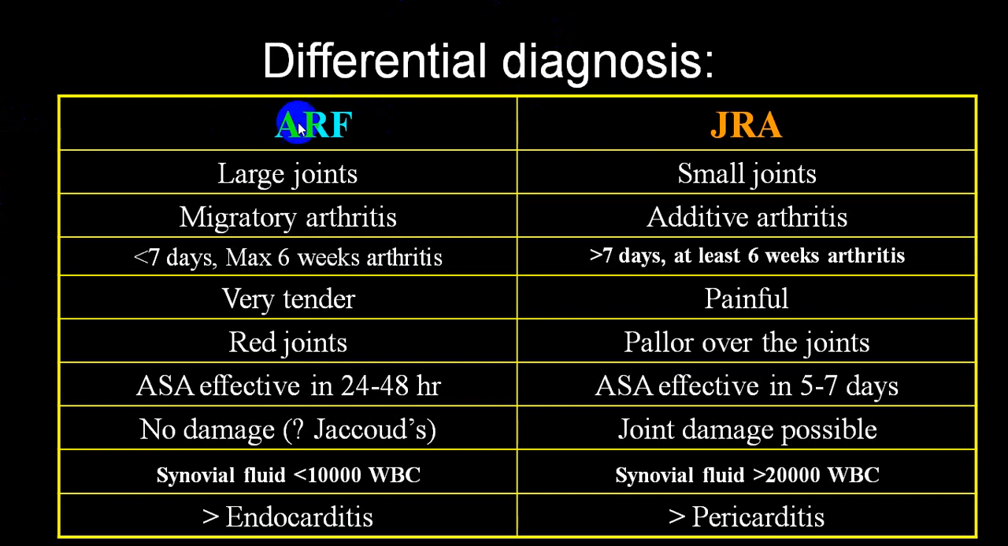In acute rheumatic arthritis, large joints are involved; in JRA, small joints are involved. This is migratory in nature. This is additive arthritis, you go on adding one more joint. This remains for a very short period, while this is for a very long period. Very tender. This is painful, not very severely tender. This is showing you all the symptoms and signs of